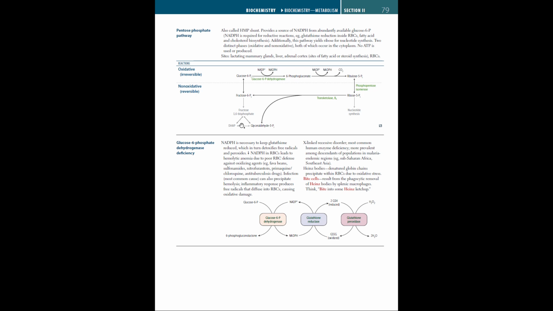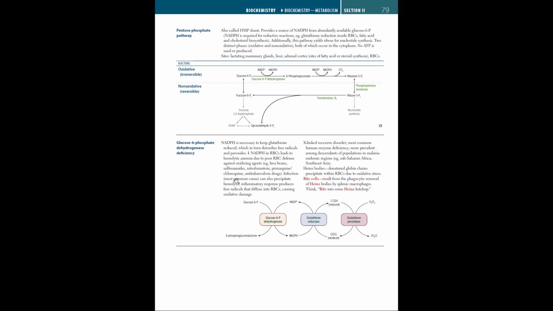Okay, now let's talk about G6PD deficiency, or glucose 6-phosphate dehydrogenase deficiency. NADPH is necessary to keep glutathione reduced, which in turn detoxifies free radicals and peroxides. Decreased NADPH in RBCs leads to hemolytic anemia due to poor RBC defense against oxidizing agents. These oxidizing agents can include fava beans, sulfonamides, nitrofurantoin,